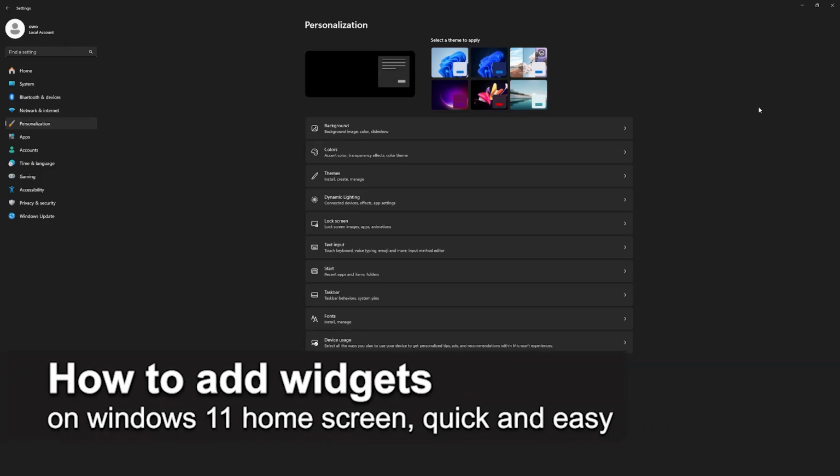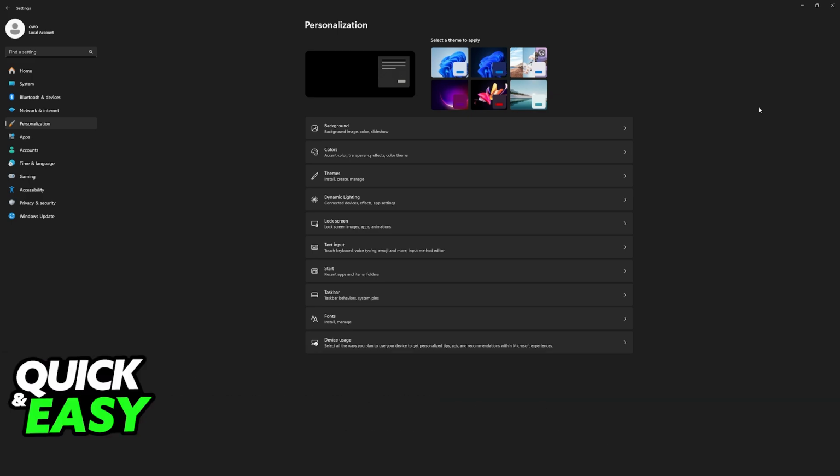In this video, I'm going to teach you how to add widgets on your Windows 11 home screen. It's a very easy process, so make sure to follow along. I'm going to teach you how to customize the widgets on Windows 11 and how to enable